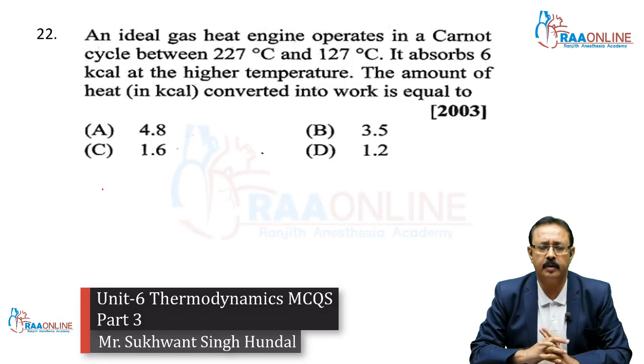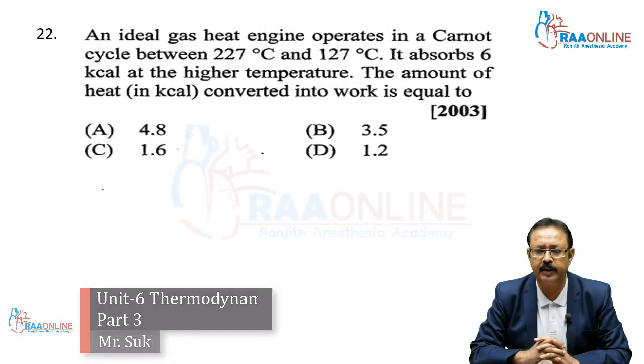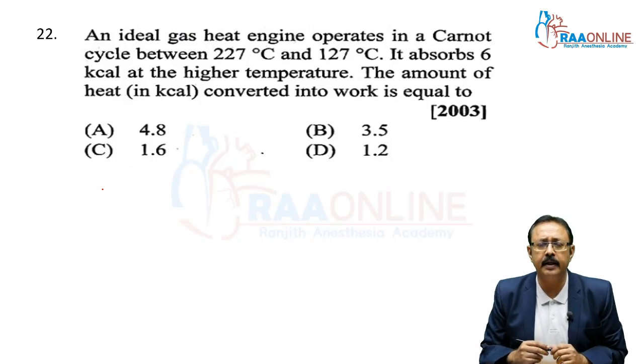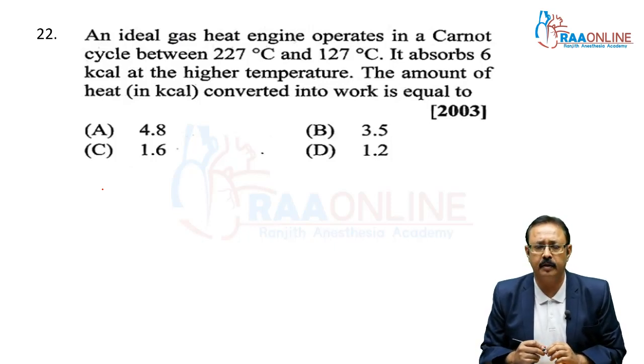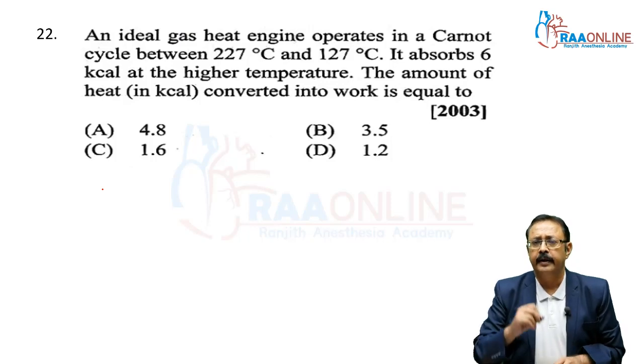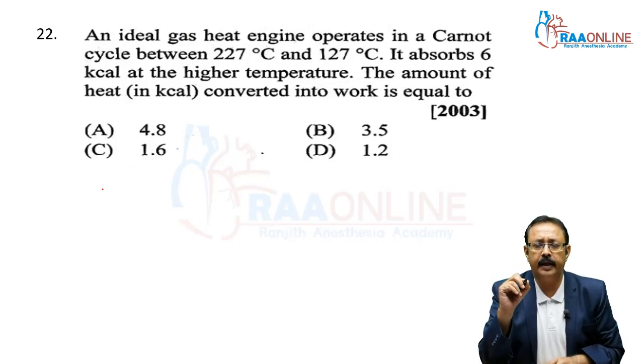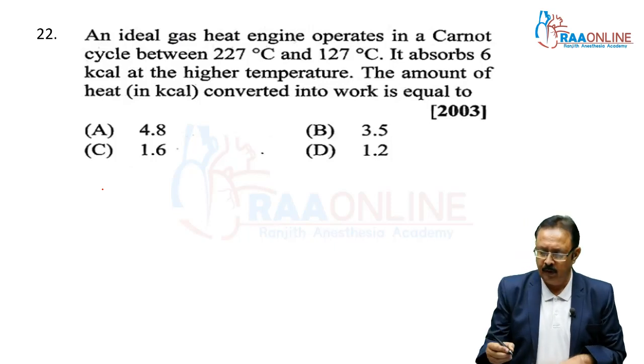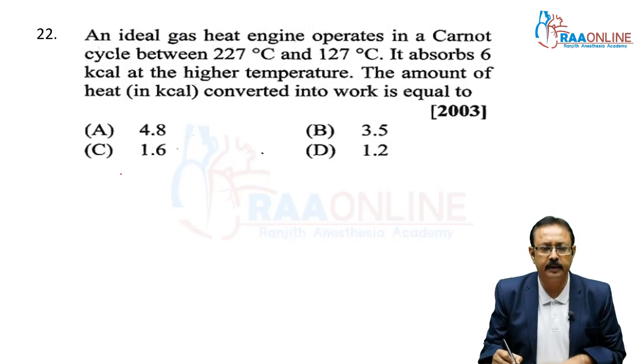So now we are going to discuss the 22nd problem, which is from 2003 AIPMT. An ideal gas heat engine operates in a Carnot cycle between 227 and 127 degrees Celsius. It absorbs 6 kilocalorie at the high temperature. The amount of heat, also in kilocalorie, converted into work is equal to, we know that